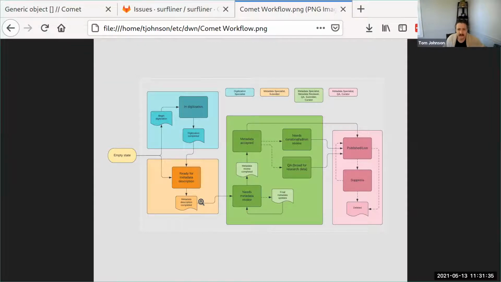And the larger, paler boxes are grouping these states and transitions by the roles that are involved in them. I think that's a loose grouping based on